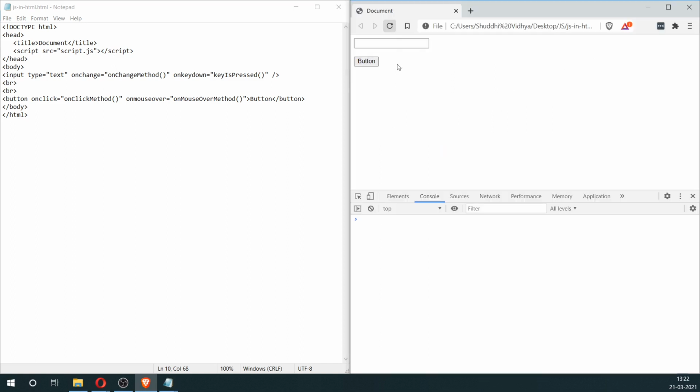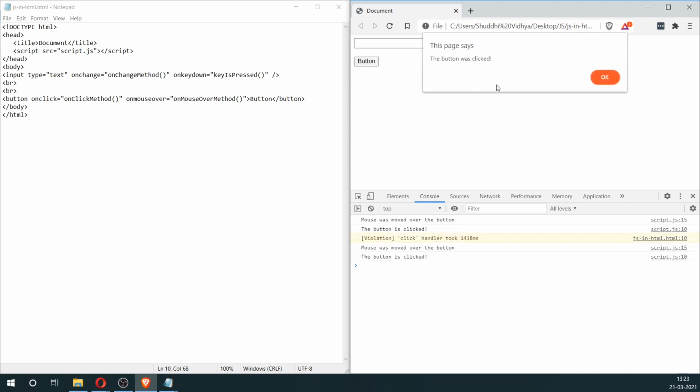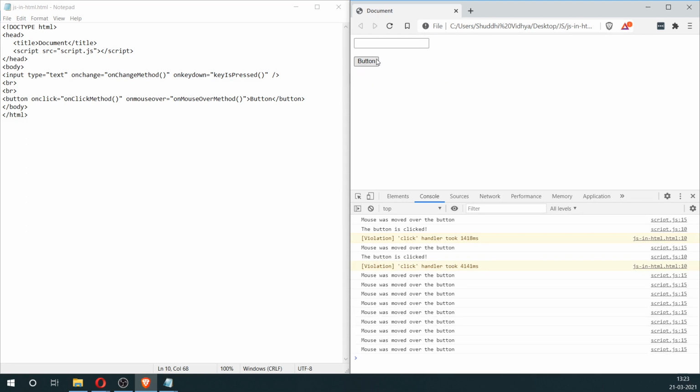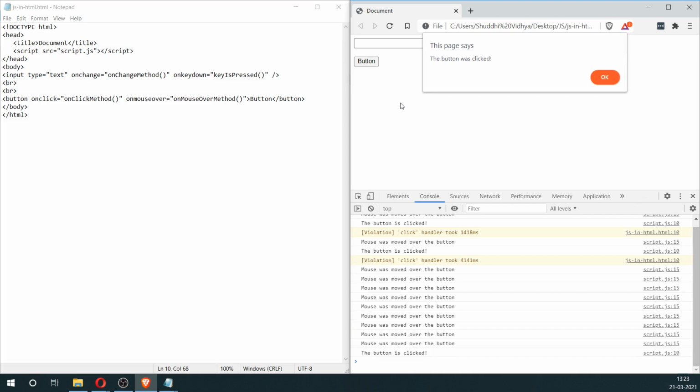Okay, let's try that. So every time we click the button, it'll create this dialog box. So when we move the mouse over the button, we get that mouse move over method. And when we click it, we get both the console message and also the alert box.